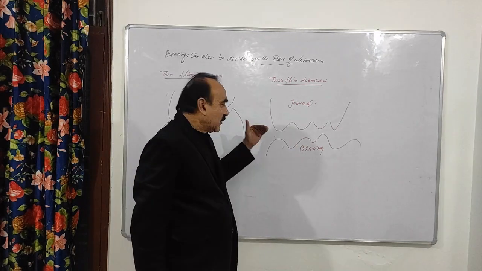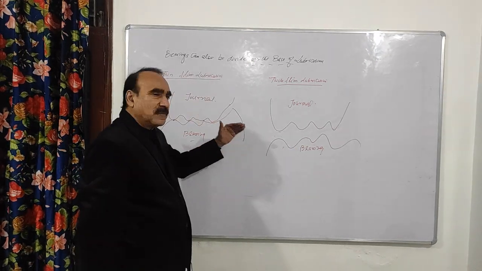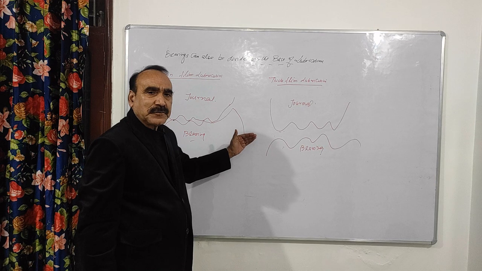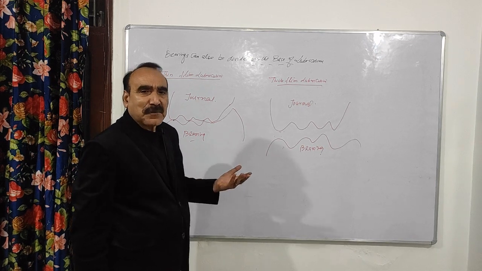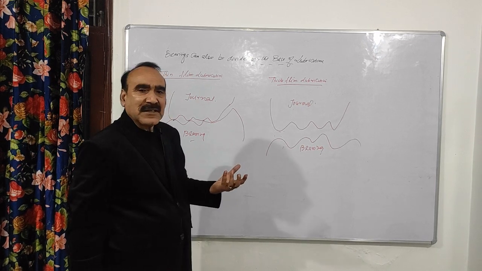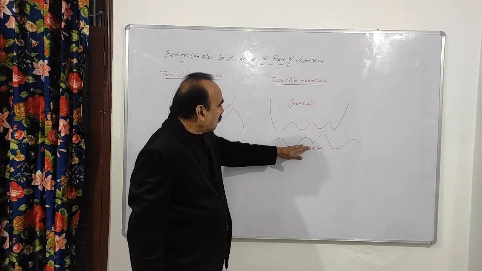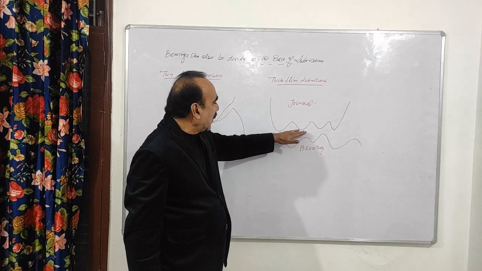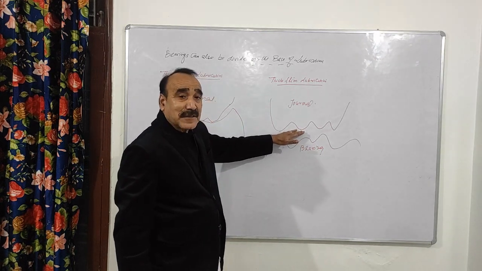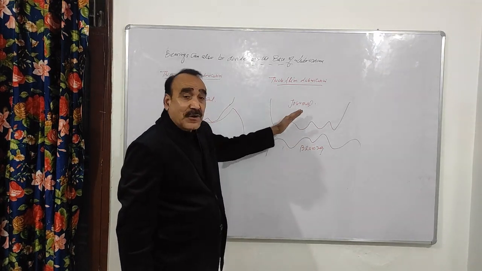Because when the lubricating oil is at atmospheric pressure, this cannot take the load, right? So here you see that the surface of this bearing as well as the journal is completely separated. So it means the load on the journal,